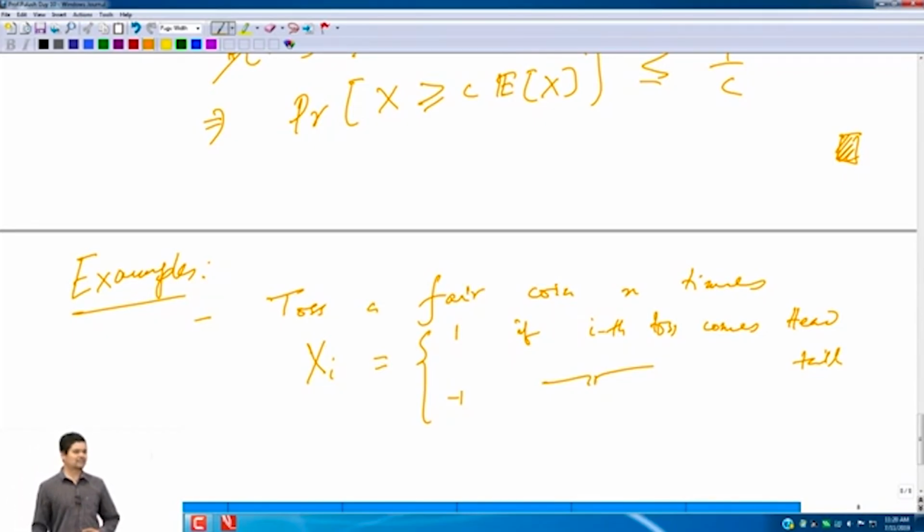So what is the probability that X takes 0? That's the probability of the empty set. The inverse image of 0 is the empty set under this definition of Xi, and the probability that Xi is 0 is 0. What is the probability that Xi takes value 1? The inverse image of 1 under this mapping Xi is head, and if it is a fair coin, then the probability is half. What is the probability that X takes value either 1 or -1? Then look at the set {1, -1} and its inverse image under Xi, which is the whole sample space, and its probability is 1. Sure? Okay.